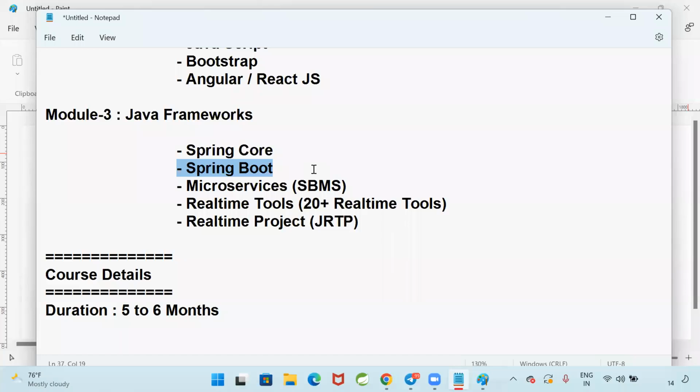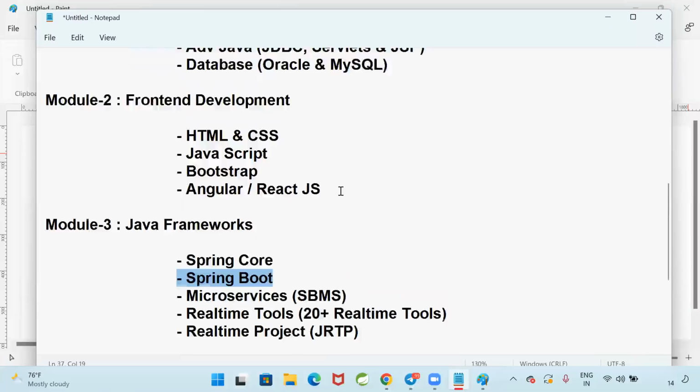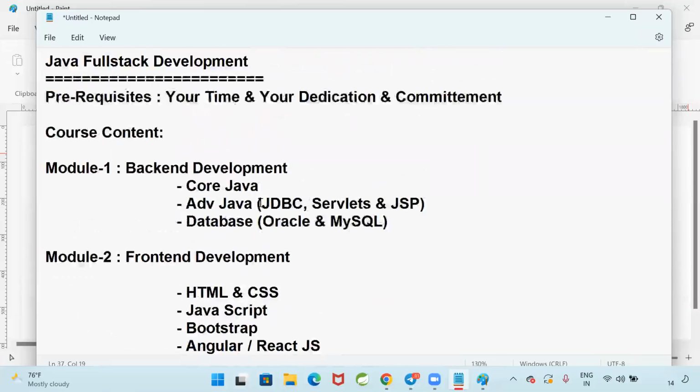You need to understand internals: how it is working, why it is working like this, why not like this. What will happen if I develop a program like this? Ye kaise kaam kar raha internally? How is it working internally? To understand the details of Spring Boot, we need the knowledge of JDBC and servlets. So I'm going to give you JDBC and servlets within 20 to 25 classes, not more than that.